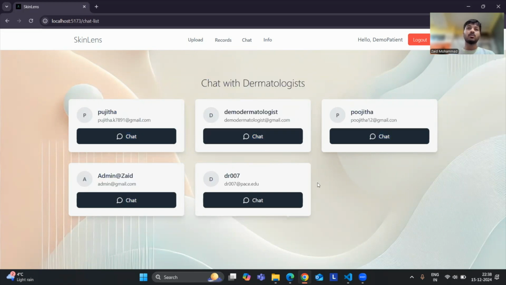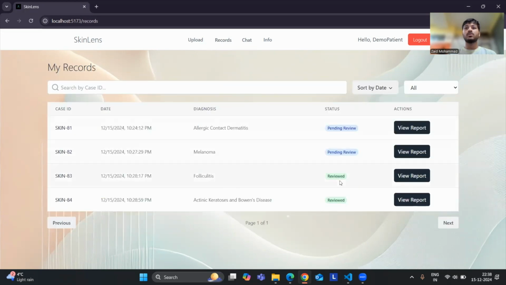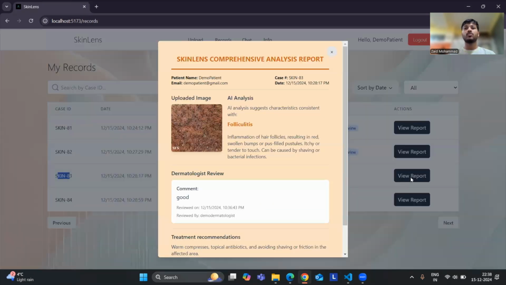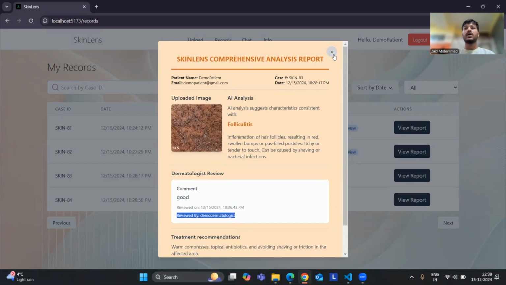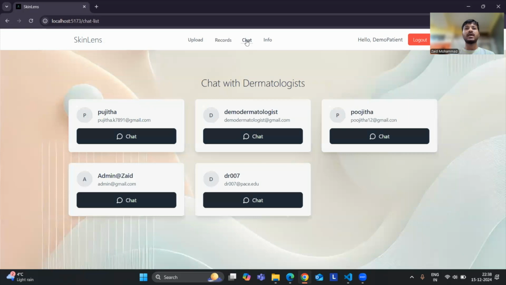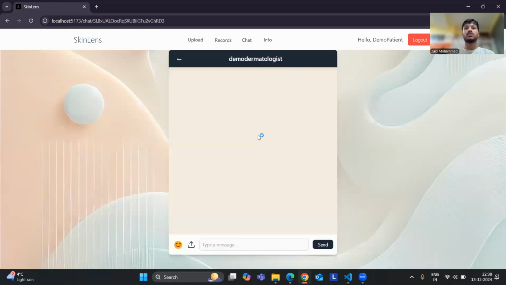And for example, now in the records, this particular case, that is skin 83, is reviewed. The patient can click on view report and they can see it is reviewed by demo dermatologist. Now if they have any further questions, they can click on chat and they can see this particular dermatologist viewed their case. So they can click on chat to initiate a chat with demo dermatologist, and clicking on the chat button,